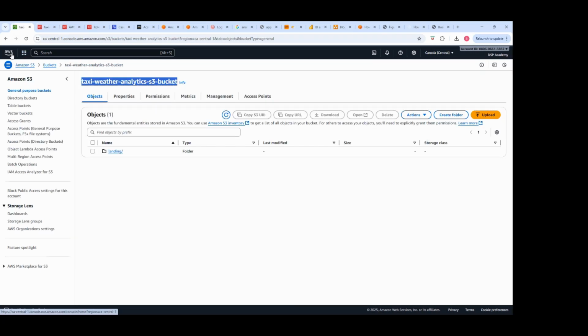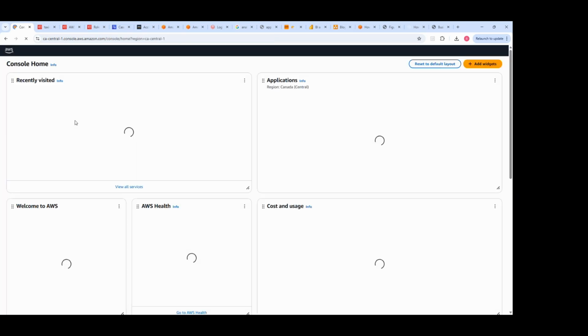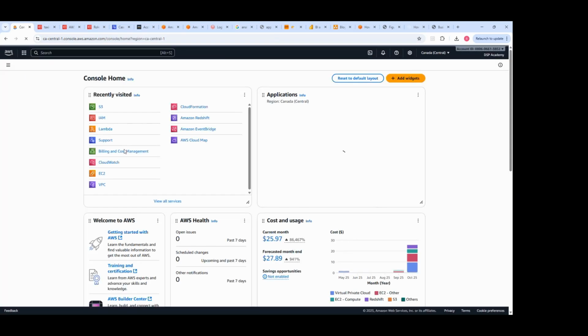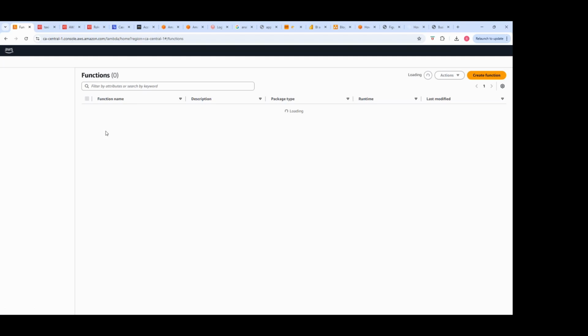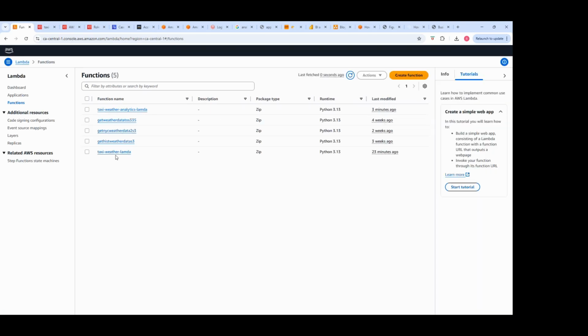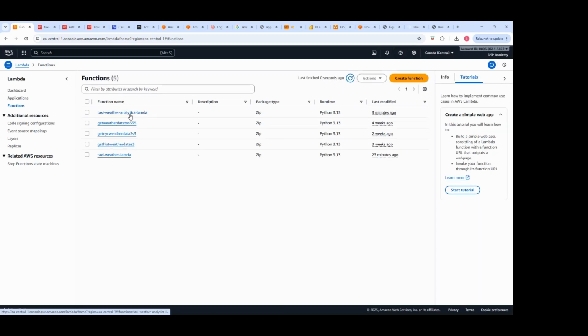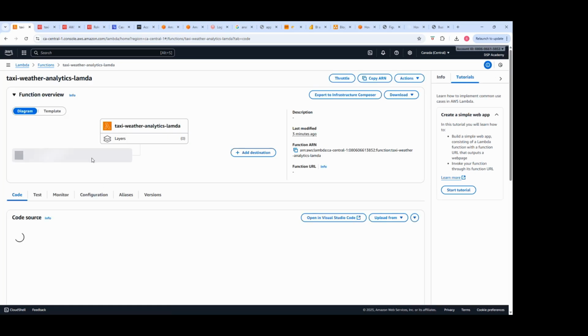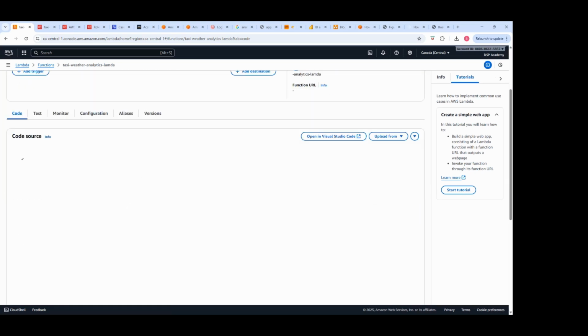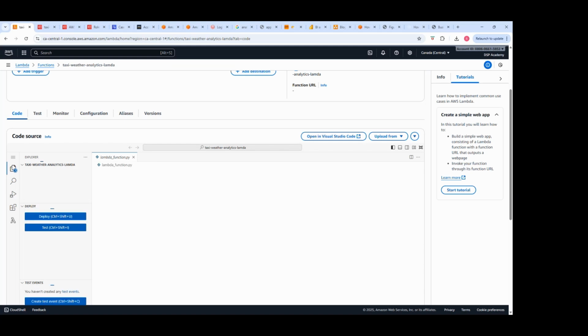We're gonna go back to our Lambda. Let's click on Lambda, and then it should have the right permission. So which one did we just create? This is the one we just created, right? Now we have the environment, but we don't have the code. Also, another good news, I have the code somewhere,